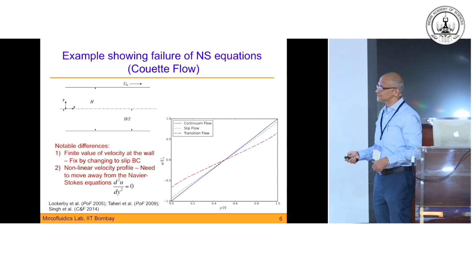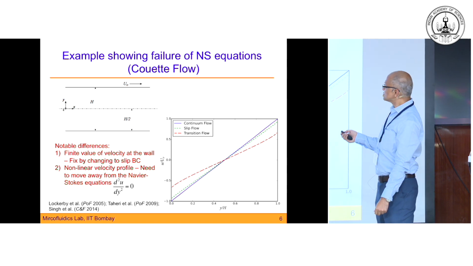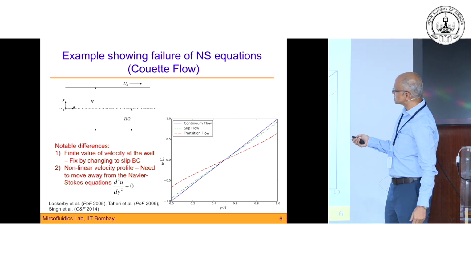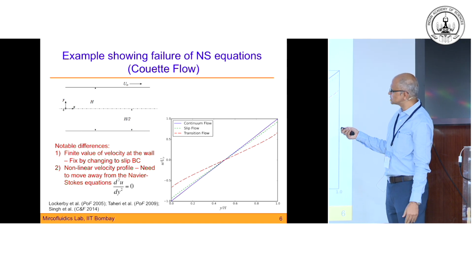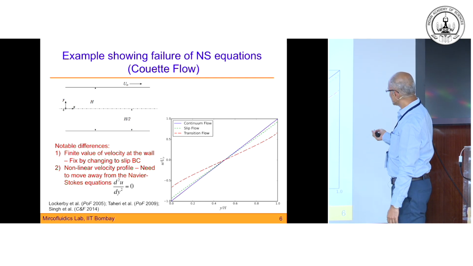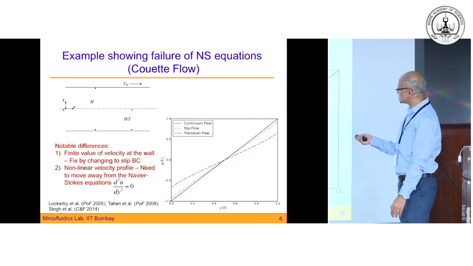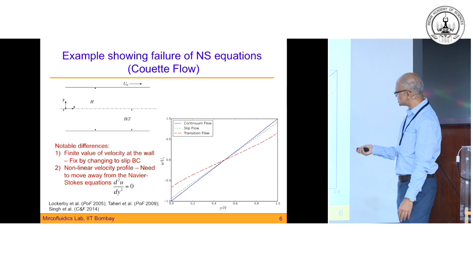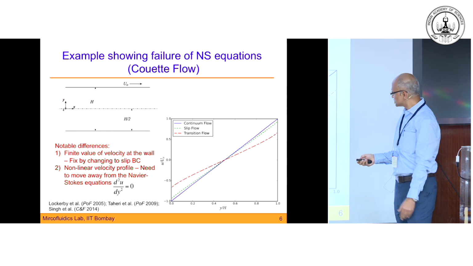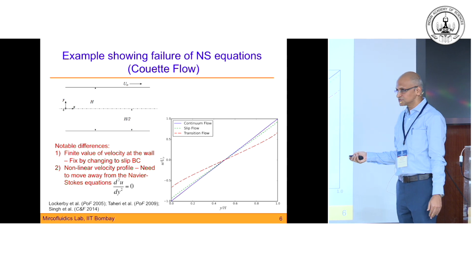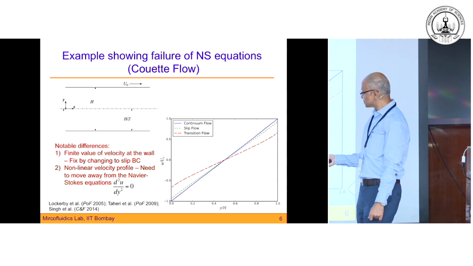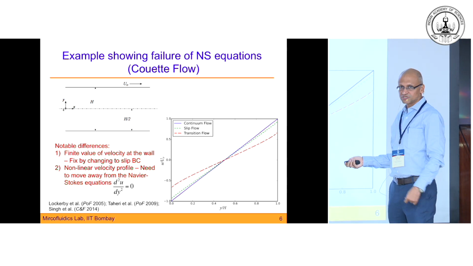And there is direct evidence of Navier-Stokes failing. For example, if you take a very simple flow like a Couette flow, where two plates are moving parallel to each other, or in opposite directions but in a plane parallel to the plates, you expect to get a linear velocity profile, which is what you get in the continuum regime. But once you start moving towards the slip and the transition regime, in the slip regime you first get a velocity slip at the surface. But then, once you get into the transition regime, you see that a non-linearity starts to appear in the velocity profile, which is something the Navier-Stokes equation will not be able to model.